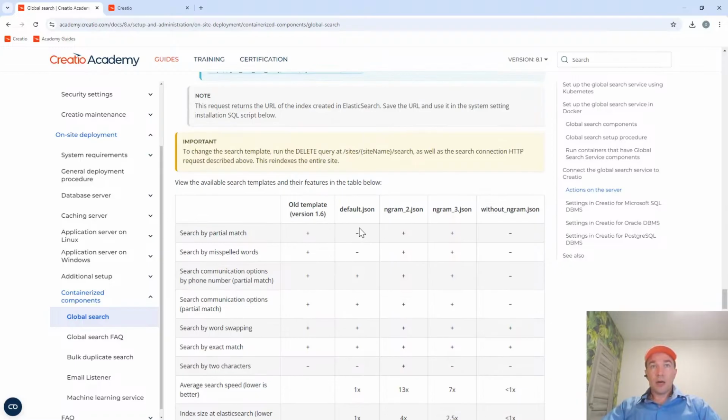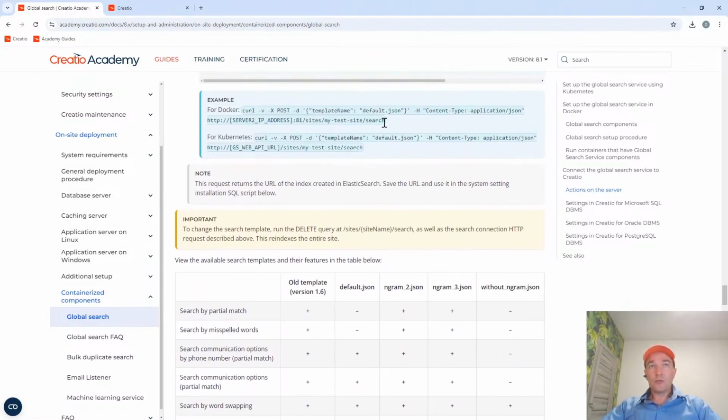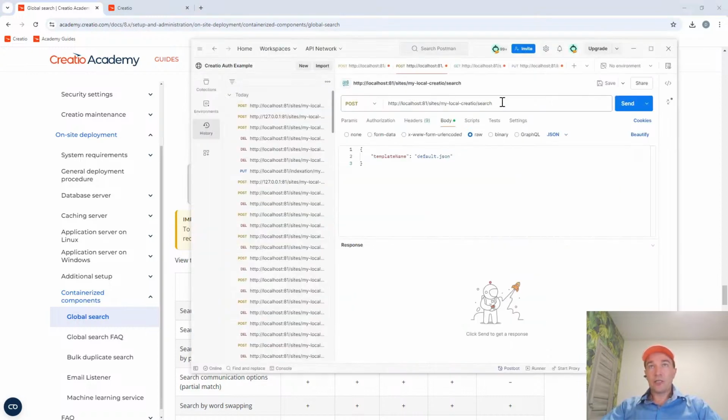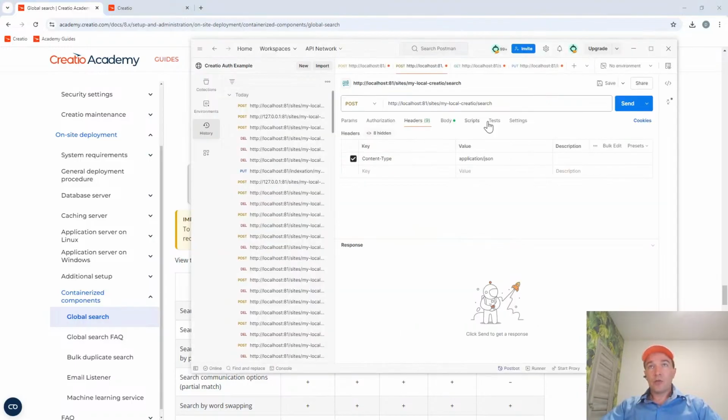So I will set up this setting according to the manual with a post query using this kind of address. So my example of address looks like this. This is my global search main part. My local Creatio is name of the website, which I registered at the previous step. Search is method, and we have template name, and we also have one header, content type, application JSON, fully according to this. So this step is very important. When we run it,